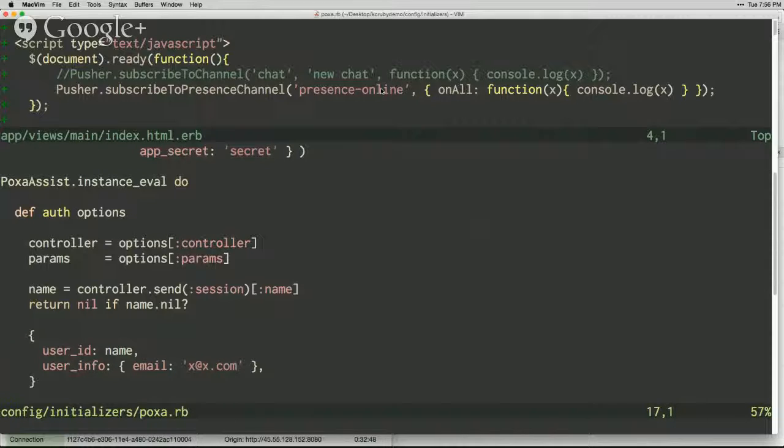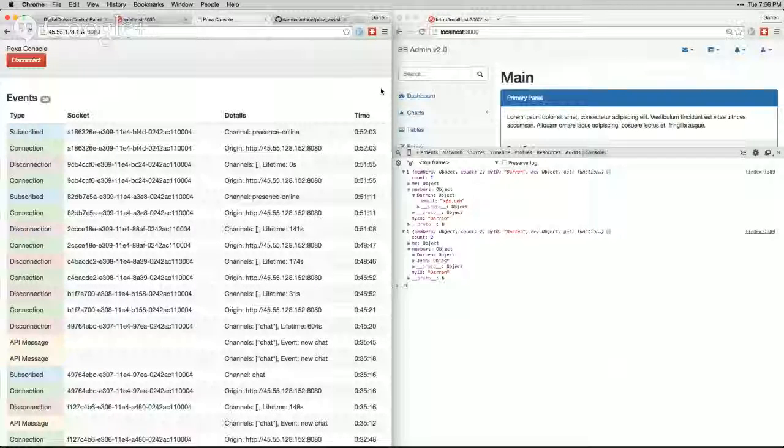So what's the process serving? Sure. Well, if it helps, my Rails application is doing nothing different. Rails is still operating under the constraints of that request response. So Poxa is running on a different server. Now we run it on the same server. You can do that without a problem. But in this case, I'm running it on this server, and